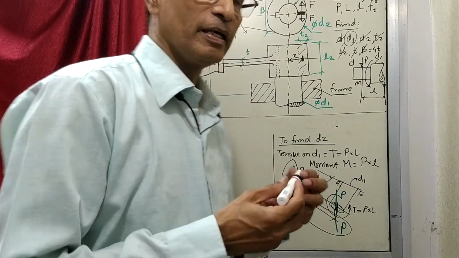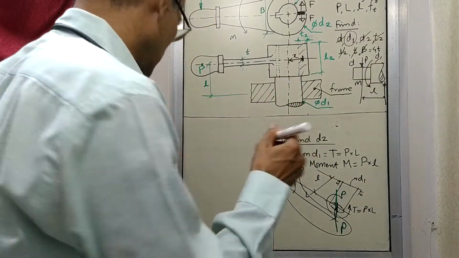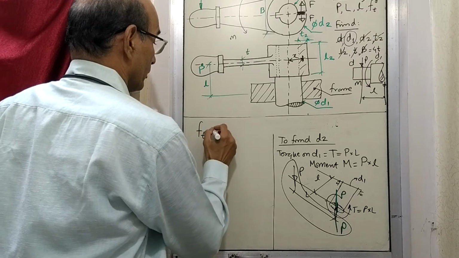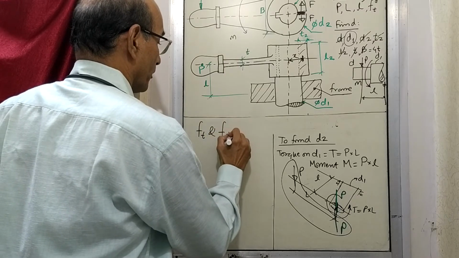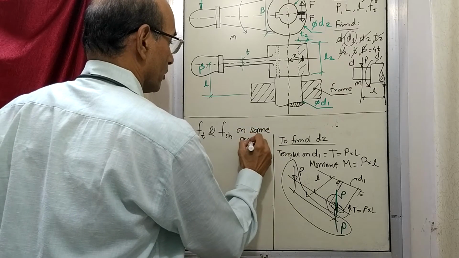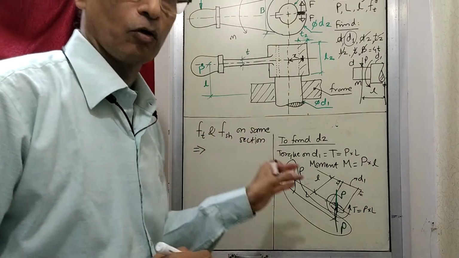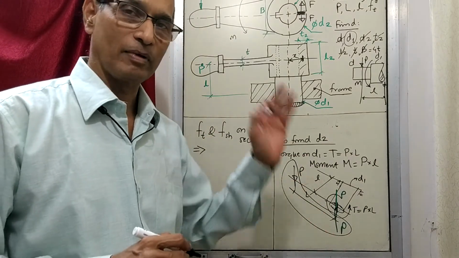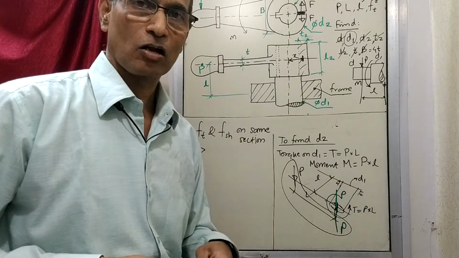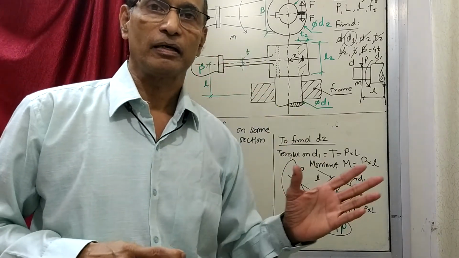What it means is, whenever a part is subjected to these two, Ft and F shear, on the same section, at the same place, at the same resisting area, then you cannot add the two. These two stresses are of different types. You can add tension with compression. Ft can be added with Fc.